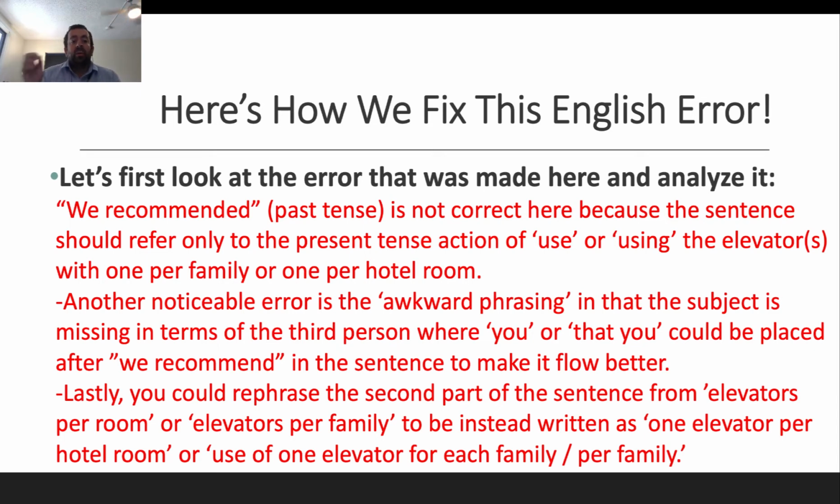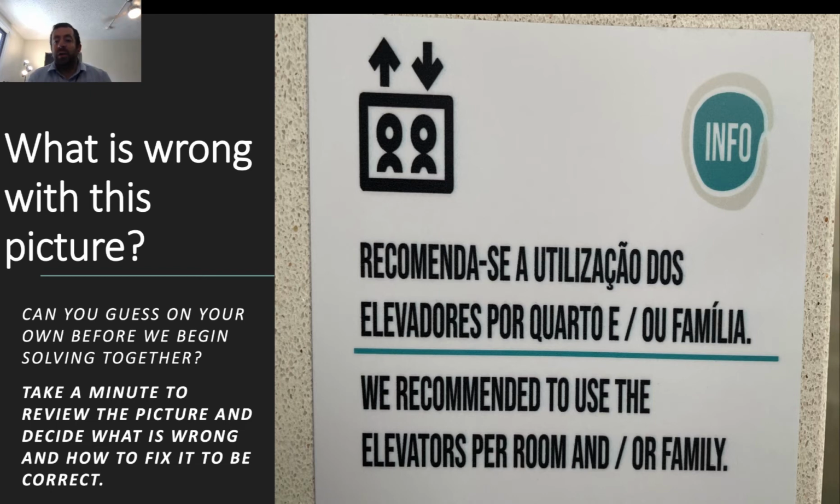Lastly, we could rephrase the second part of the sentence from "elevators per room," which is technically not correct. We want "elevators per family" to be instead written as one elevator per hotel room, right? One elevator per hotel room of 2 or 3 guests, or the use of one elevator for each family or per family. It's a little bit better than just saying elevators per room